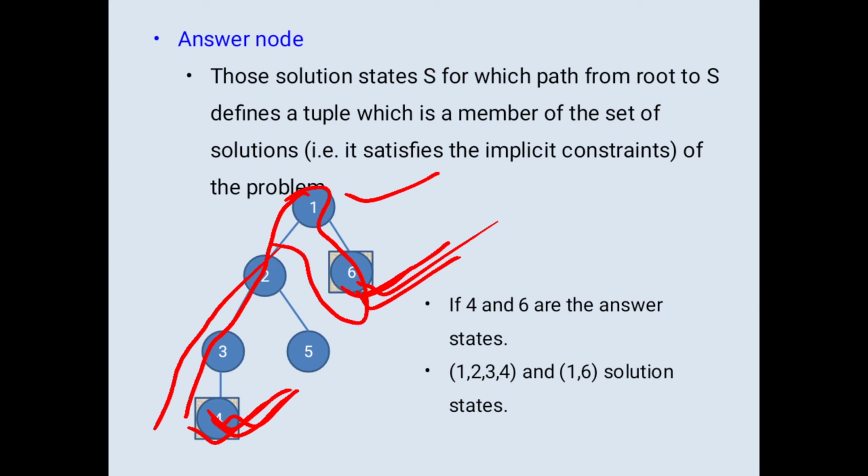So the sorting process means arranging the data in an order to use any data structure, that means stack or queue. Next, answer node and answer states. A tree can be defined as answer states. That means a problem may be divided into a large number of subproblems, so all the subproblems are answer states. Which node can get the best solution? That node is called the answer node. That means that node can satisfy the condition, the constraints. So this is an answer node.